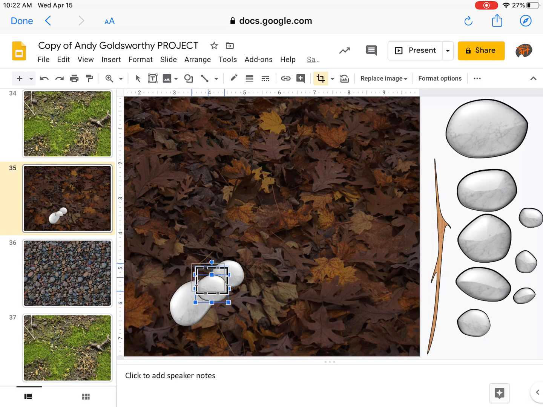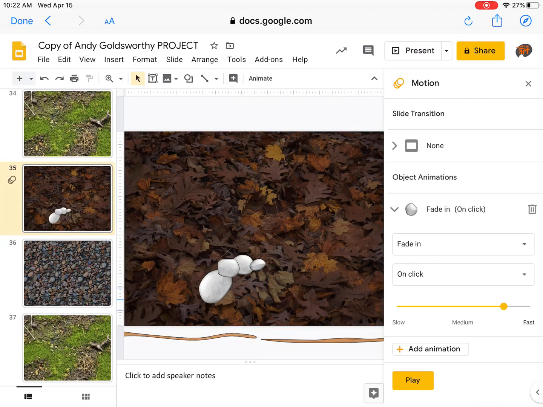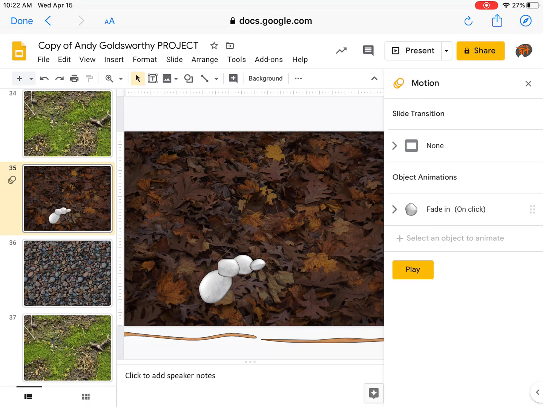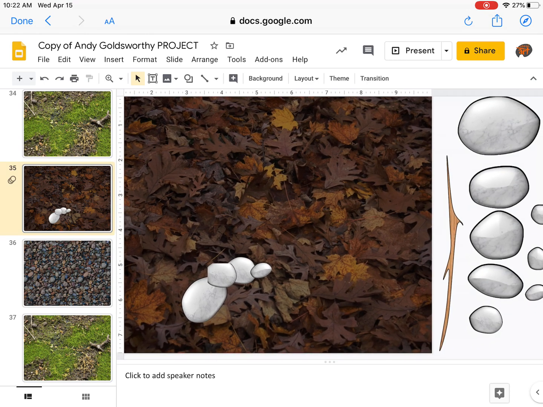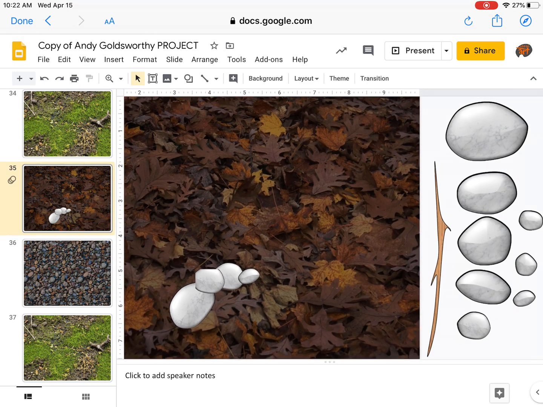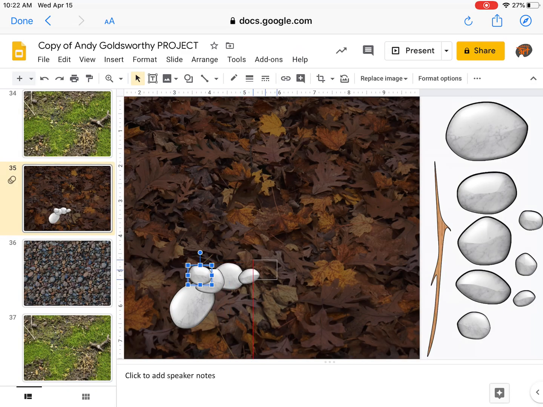Oops, I think I moved that one. You can actually duplicate as well. So maybe I'm going to turn this into a spiral. Oops. I'm going to click out of that motion. I didn't want to do that. So I'm just avoiding the sticks. I'm just using these rocks to make a spiral, these stones. It doesn't really look like a spiral yet, but I actually could